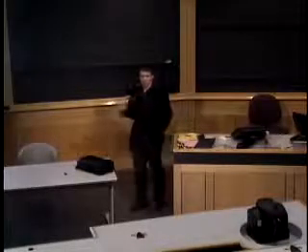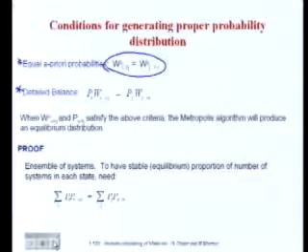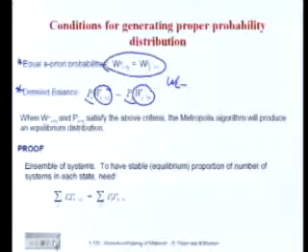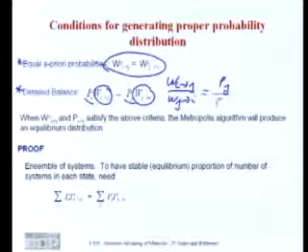The more important one is what's called detailed balance. Detailed balance is that the rate at which you actually transfer from I to J and the rate at which you transfer from J to I has to be inversely proportional to the probability that you're in the initial state. So essentially, the rate at which you go from I to J over the rate at which you go from J to I has to equal P J over P I, where these are the probabilities that you are in that state. It's actually fairly easy to convince yourself that if that's true, you're going to end up with a